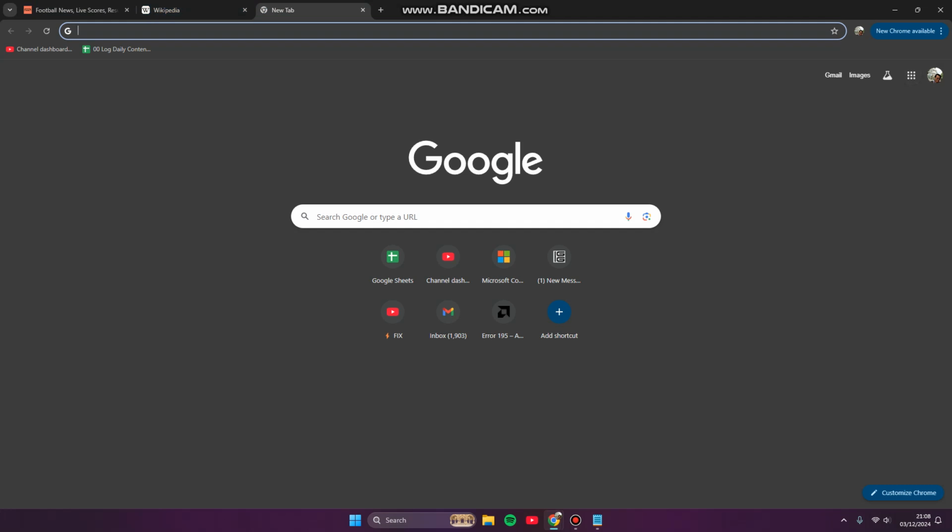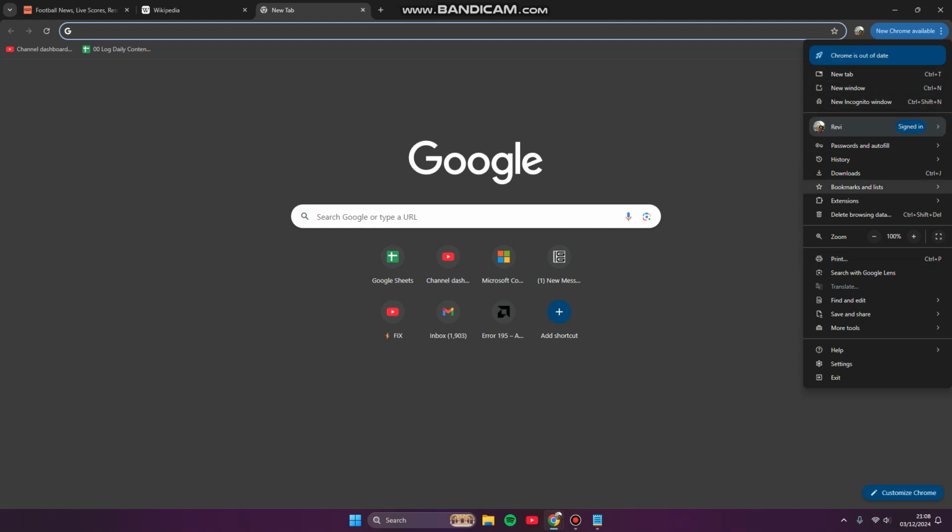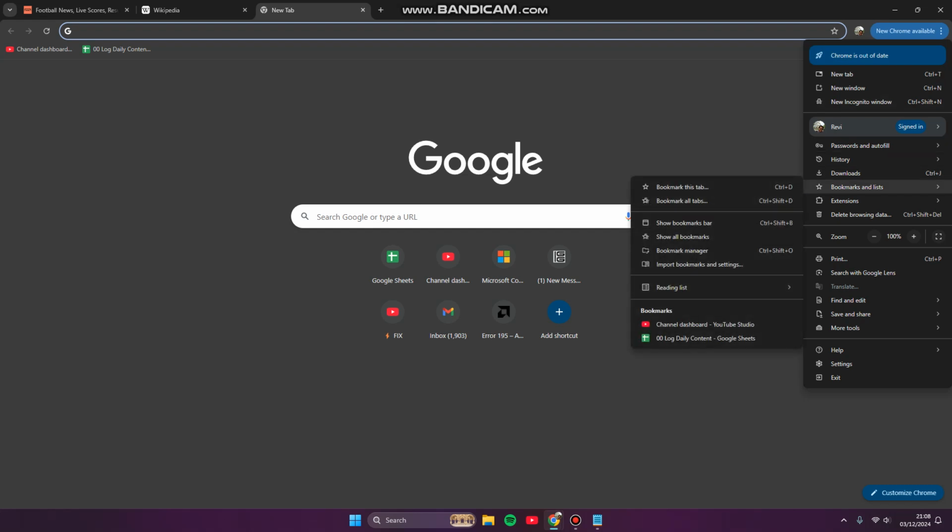So here you can tap three dots, or you can click three dots at the top corner of your screen. Now you can find a bookmark and list option, and this is bookmark this tab, Ctrl plus D, in order to bookmark one site or one tab. But if you want to bookmark all the tabs, all the sites, just simply hold Ctrl plus Shift plus D key, or just click